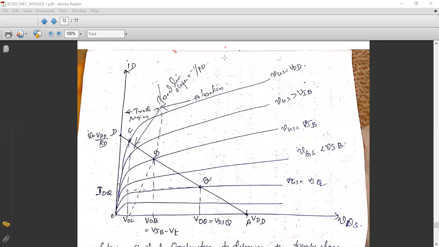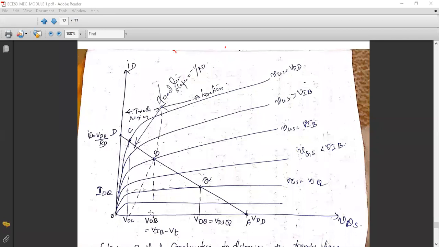Correct? Now the channel is getting pinched off, because of which there is no drastic change in the drain current for a high value of VDS. Just recall the working of your MOSFET, whatever I explained in the first class. You are having a battery across drain and source, right? So if you increase this potential difference across drain to source, normally ID should increase. But what will happen if you increase VDS after a particular threshold value like the pinch off voltage? Then pinch off will initiate and therefore there is no effect on drain current. That is why we are getting a constant curve after a particular voltage.